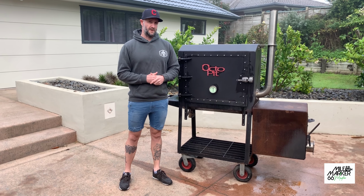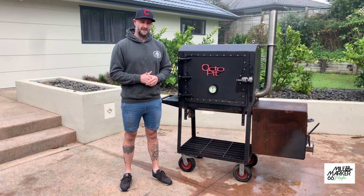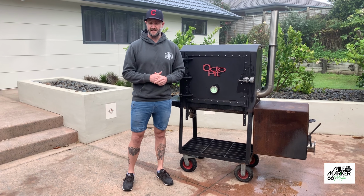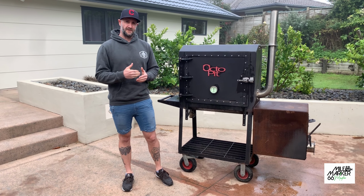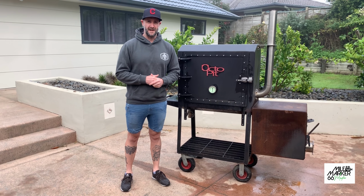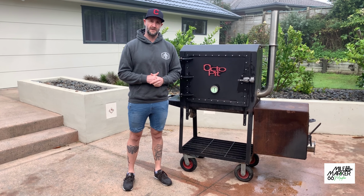And the first thing to consider when you're thinking about maybe buying an offset is: is it the right barbecue for you? Offset is not a set and forget barbecue. It's not like the ProQ bullets or cabinet smokers where you can set them up and leave them. You do have to tend to them. It is a bit of a labour of love, and you do have to feed them with fuel. If you're someone like me who finds a bit of therapy in sitting by the barbecue all day, then that's not going to be a problem. But you do have to consider that, whether it fits in with your lifestyle